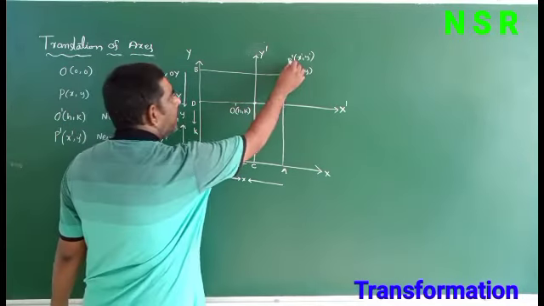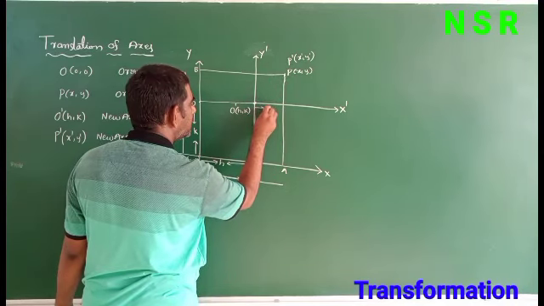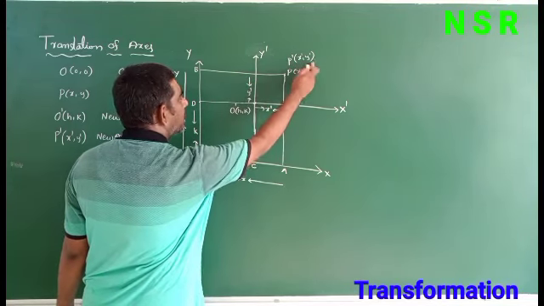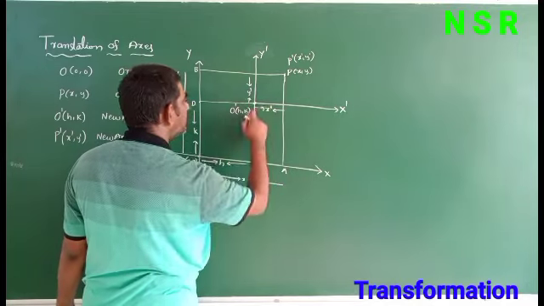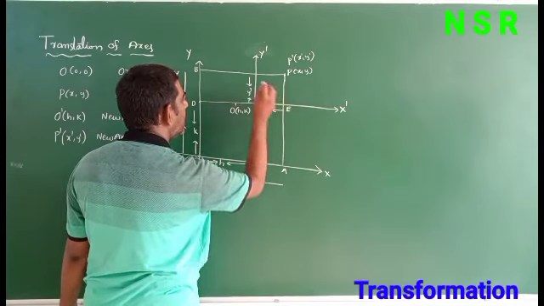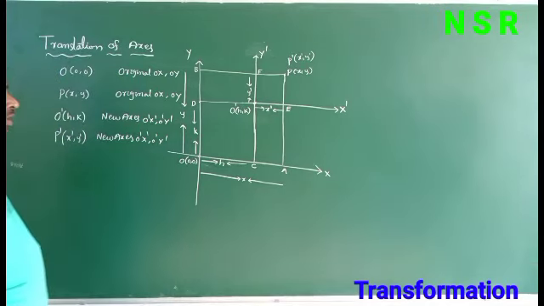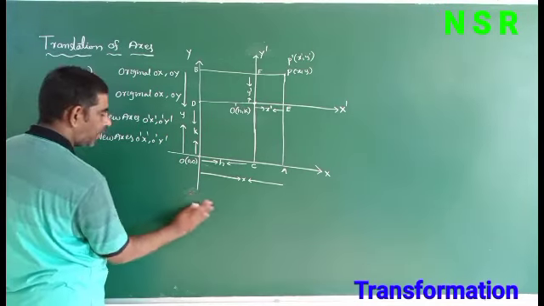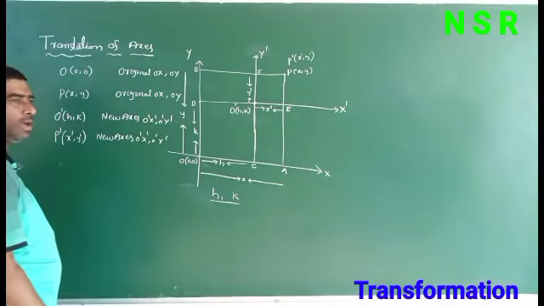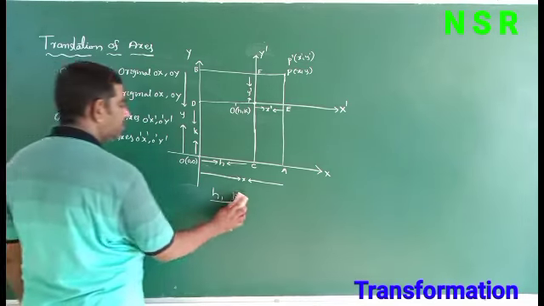So this is P dash (x dash, y dash) point here. The distance from here is x dash and this one is y dash, because P (x dash, y dash) is with respect to O dash x dash, O dash y dash. Now take this as C D, and here E, and take this one as F. Now from the figure, we have to find the h, k values, or x dash, y dash, or x, y. So h, k means the origin shifted point.